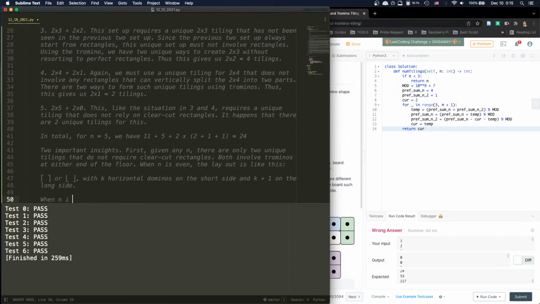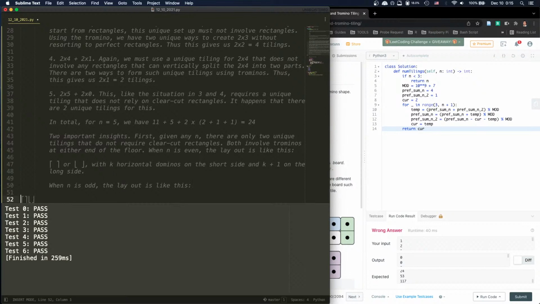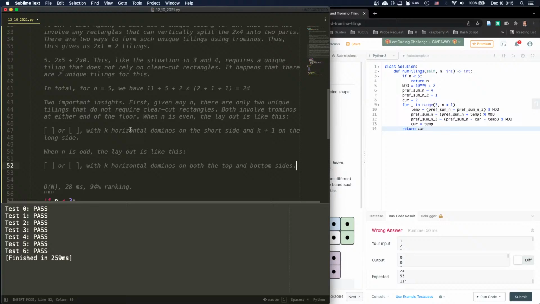When n is odd, the layout is like this. So let's do the layout. Okay, so the layout is going to be, right, these two, like this or this, with K horizontal dominoes on both the top and bottom side. So to summarize